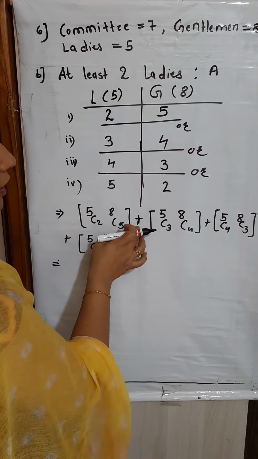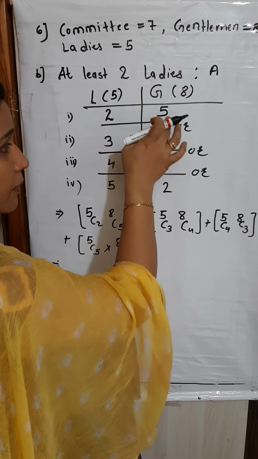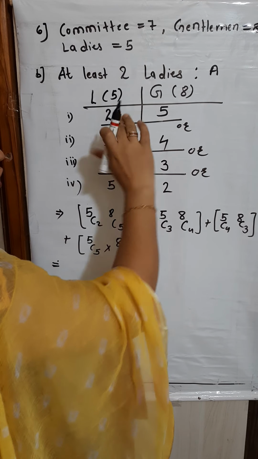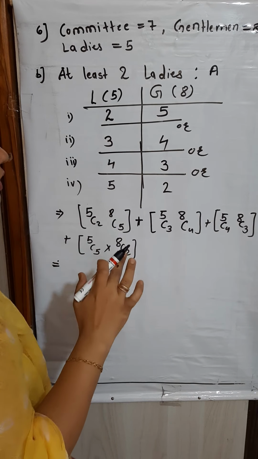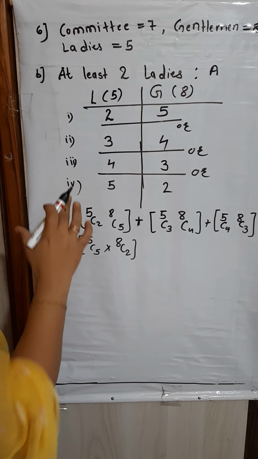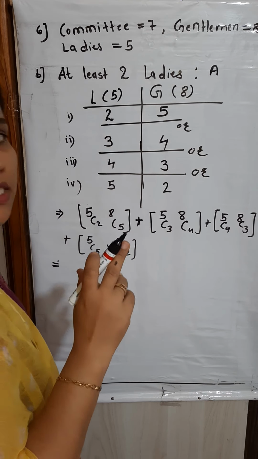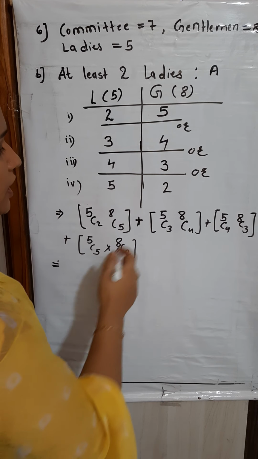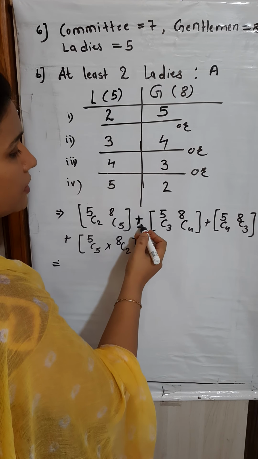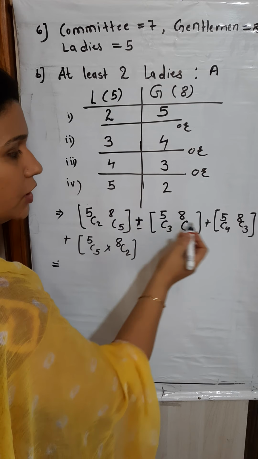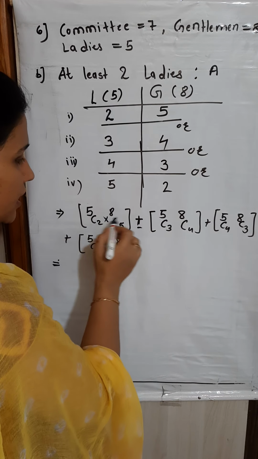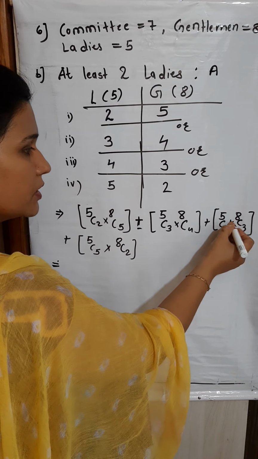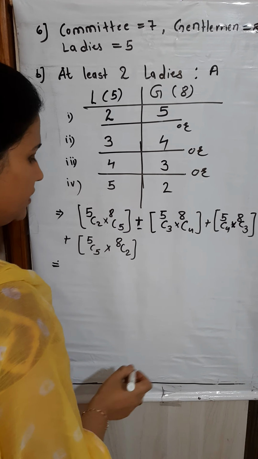Then the plus sign. Why? Because either this thing can happen, or this thing, or this thing, or this. Means all these 4 situations, 1, 2, 3, 4, are optional. Any one of them can be possible at a time. They all are not possible together. So that's why we are adding the plus sign. What does the plus sign represent? It represents 'or', and the multiplication sign represents 'and'. Means these things are compulsory. We have to choose both compulsorily.